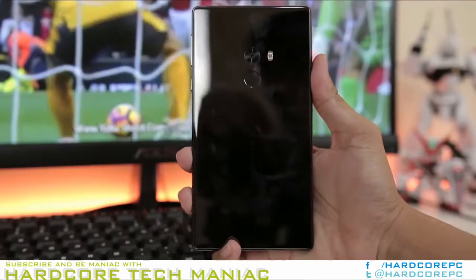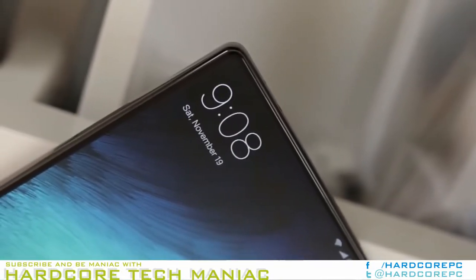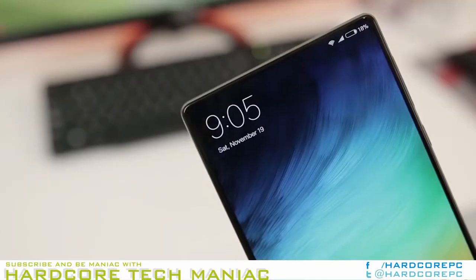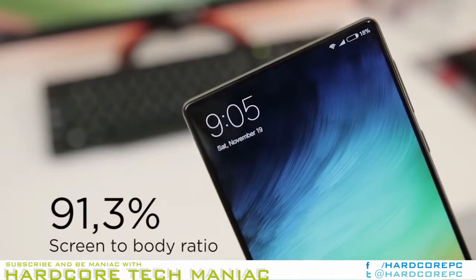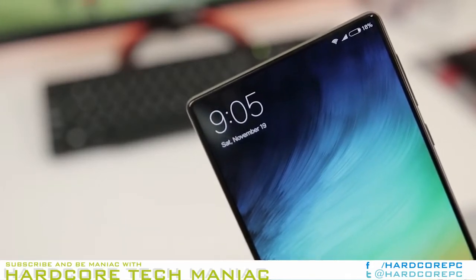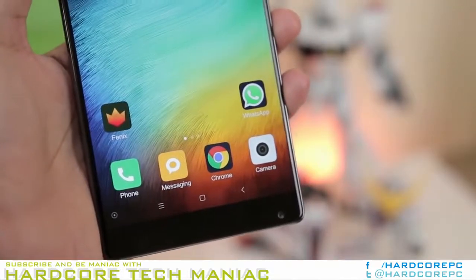Xiaomi created the Mi Mix to show off its design prowess and demonstrate its ability to produce innovative products. Xiaomi has employed new materials, ceramic, and design elements, rounded edges on the back, in the past, but by creating something as unique as the Mix, it hopes to prove that its products are as lust-worthy as those that come